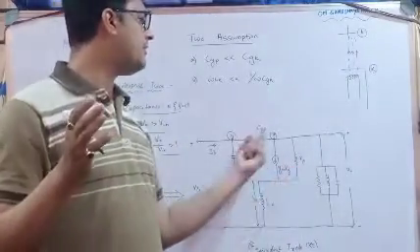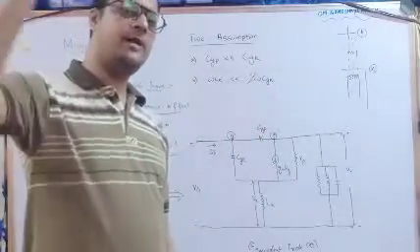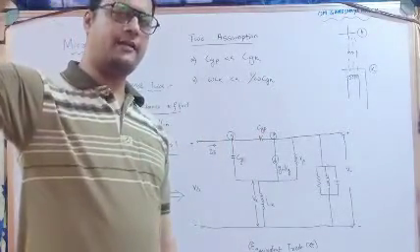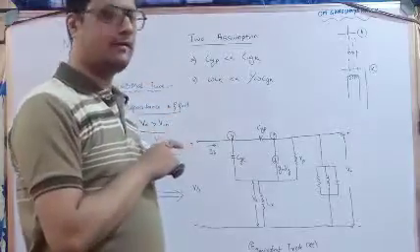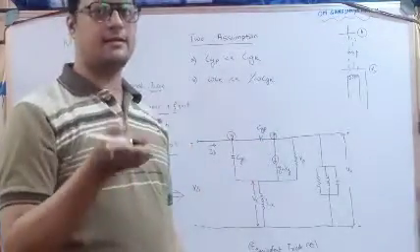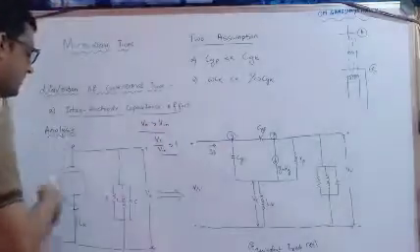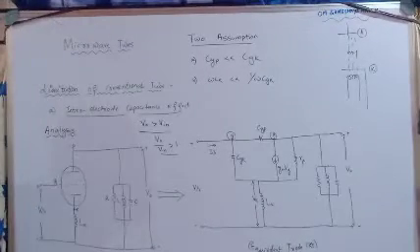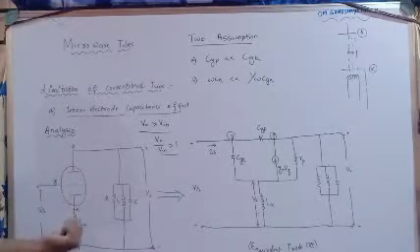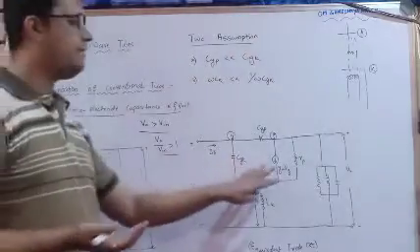So here I have written it with respect to P, whereas there we are writing in terms of drain. Here we are writing in terms of P because it acts as a drain. If you see this, it acts as a MOSFET only: source, drain, gate. Same thing I have represented here.